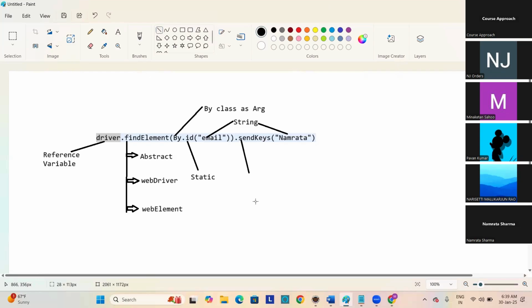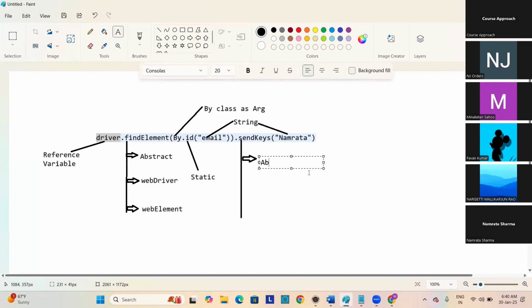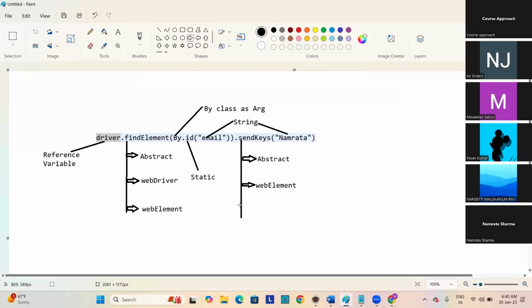Then what is this sendKeys? The sendKeys is again an abstract method present inside the WebElement interface. Return type is